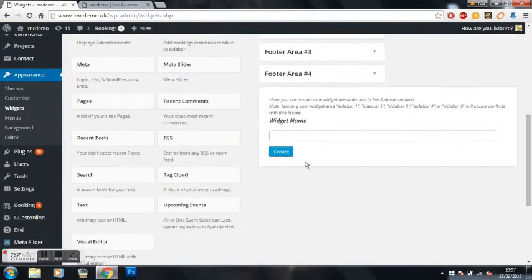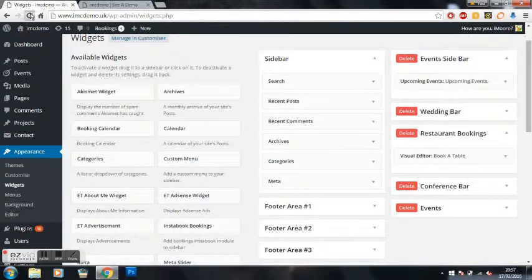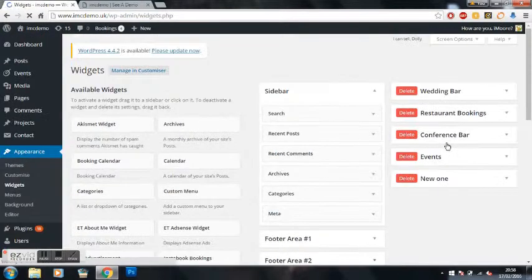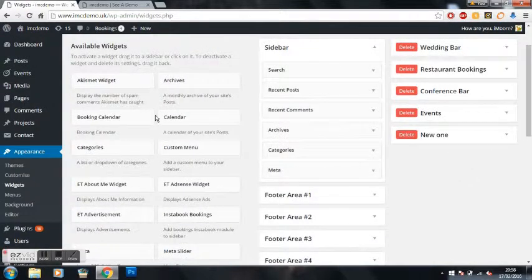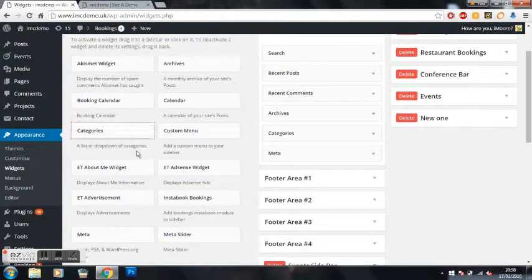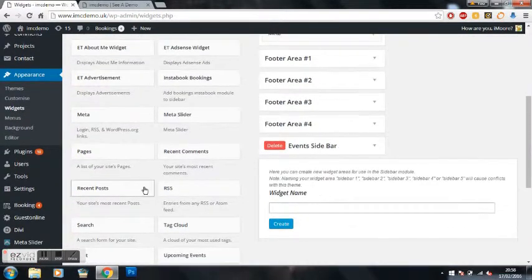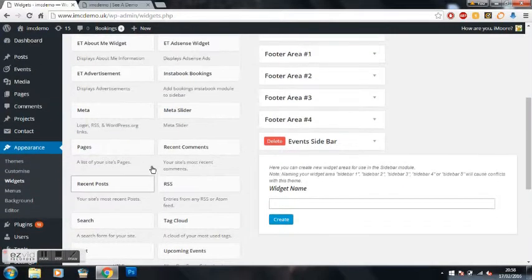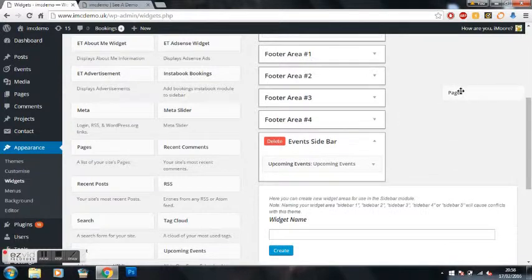But if you wanted to create a new widget, you would say new one, hit create. For some reason you have to refresh before it appears. So here you see new one, and then you can just basically choose. These are available widgets, so you can choose what you want to put in there. So if you just put in pages, then you can drag it into